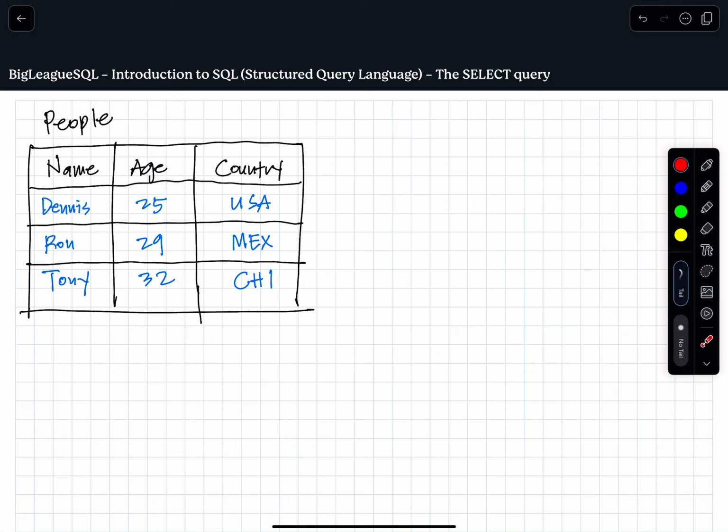Just to give a quick background, databases normally contain tables, and a table is a collection of columns, which would be name, age, and country, and records. Records would be each row here. They're horizontal when in a tabular format. So in this example, I have 3 columns and also